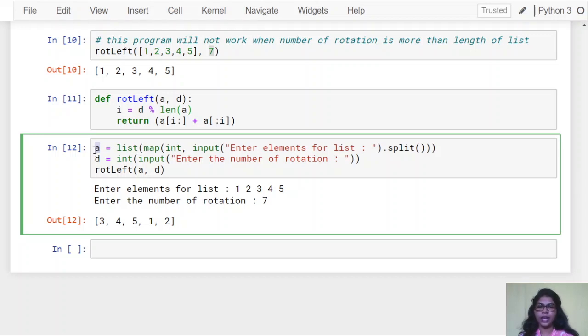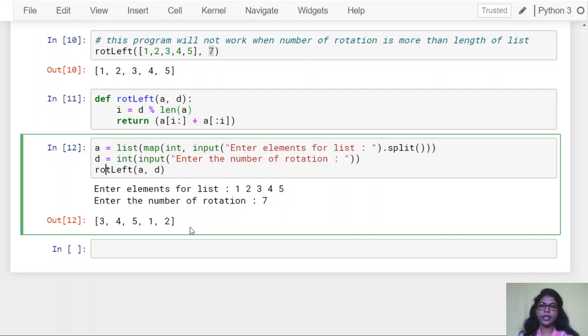So this array is an array of integers. Then we are taking the number of rotations in d, and we will make use of this function. So we have called this function using 1, 2, 3, 4, 5, and 7 is the number of rotations. So the result is 3, 4, 5, 1, 2, which is absolutely correct.